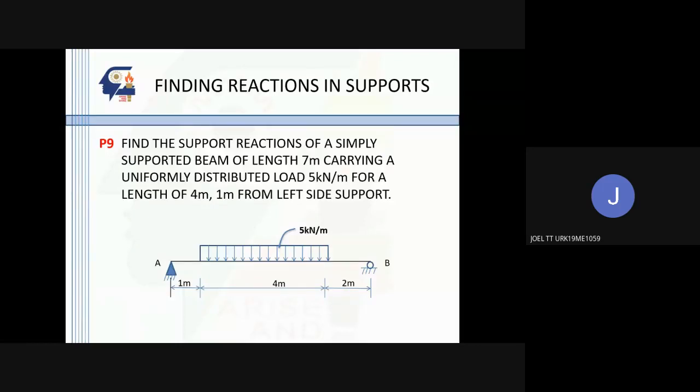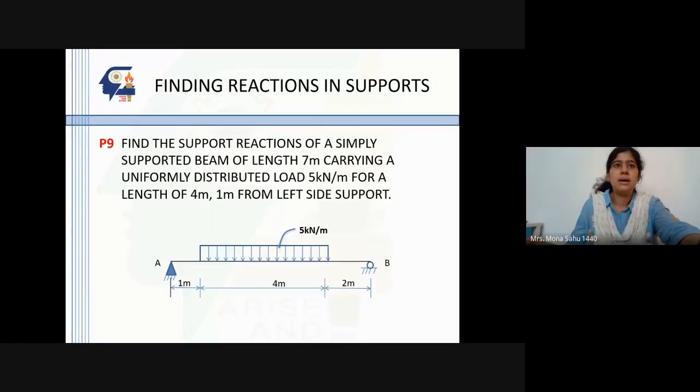Yes, ma'am. Please draw this diagram. Last time we saw it only for a cantilever. All right, so